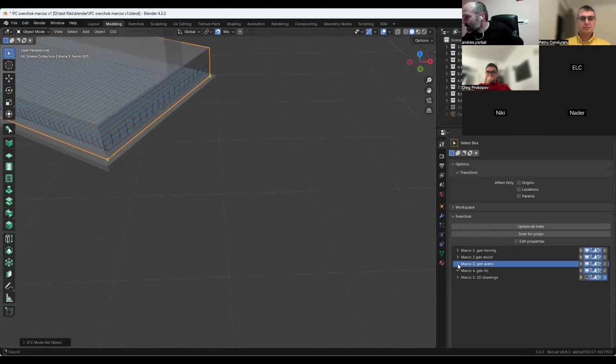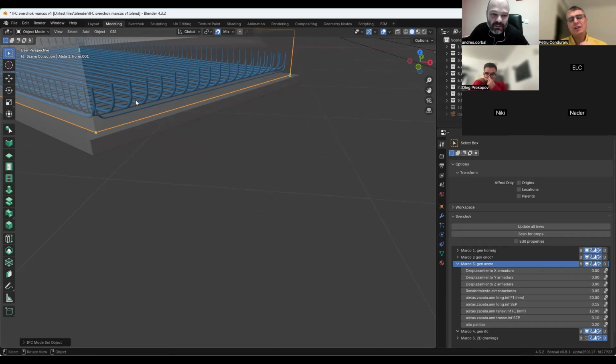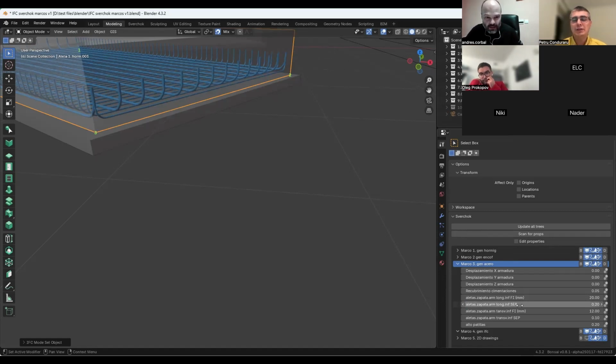In the Rebars you can set the diameter in millimeters, 16, 20, and also the radius of the bend. It's 12 times the diameter. And it also changes when you change the diameter and the spacing. You implemented this rule, that it should be 12 times the diameter. Yes.